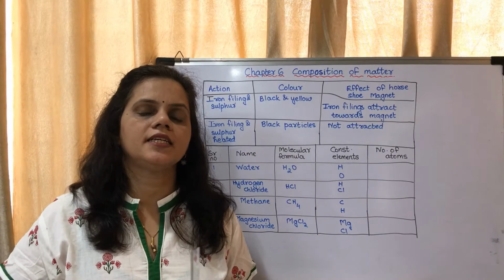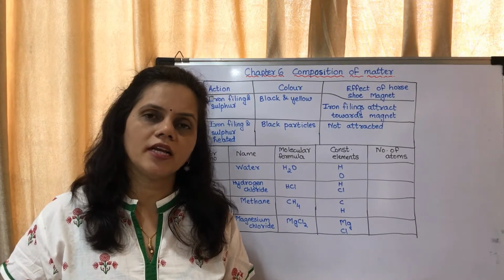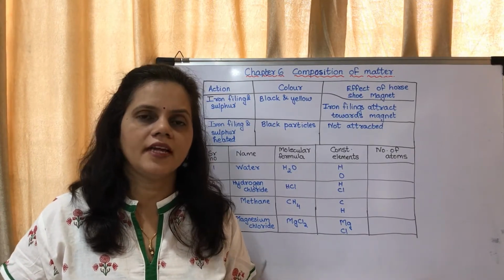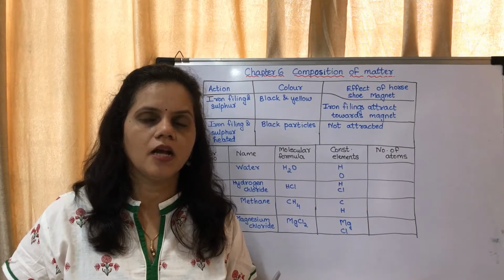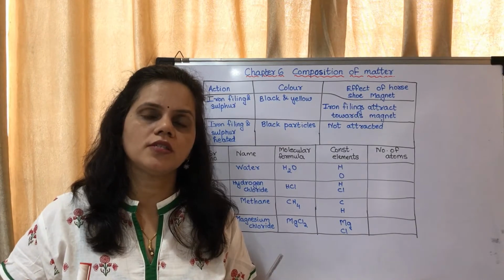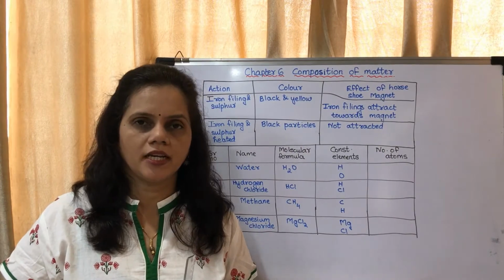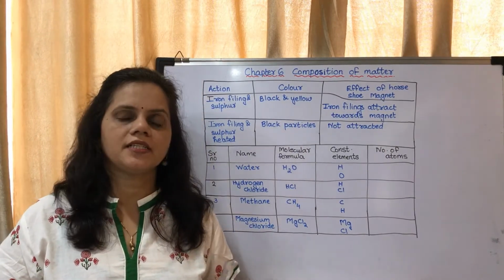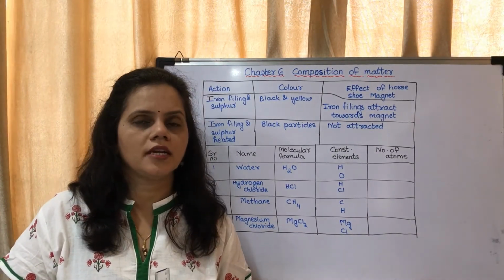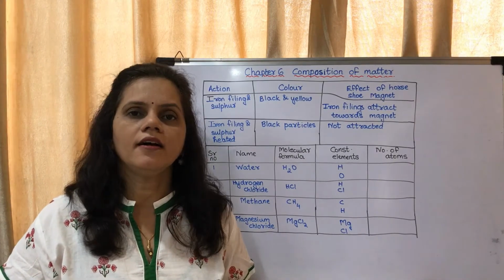Okay, now the next is molecular formula. What do you mean by molecular formula? A symbolic representation of a compound is called a molecular formula. Every element has a symbol. So when you write the molecular formula, you make use of those symbols and the valencies. In your textbook on page number 45, they have given a table to show how to write a molecular formula, or from the molecular formula how you can write the valencies.